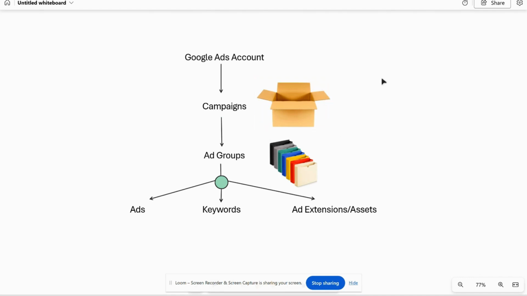But for now, what you need to know is that when you create a Google Ads account, you need to create campaigns. Think of campaigns as those boxes within which you would be storing all of your ads. Now, within campaigns, you have ad groups. Think of them as subfolders within which you would be segregating all your ads. Going back to our previous example, let's say that you were to advertise locally, you would be making folders within which you would be putting in your supplies,